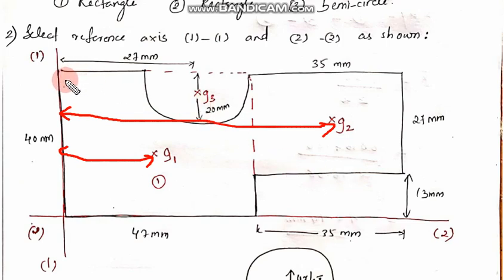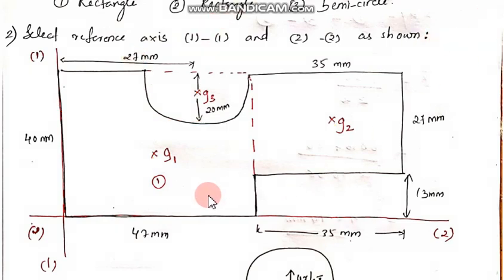Now for the semicircle, it is from here again from the axis to the center of this. So that distance is given here already, that is 27 mm. So you got all the three x distances. Now same way we need to find the y distances. So y distance will be obviously from the x-axis. So the first rectangle, the y distance is, wait, I'll be showing it.